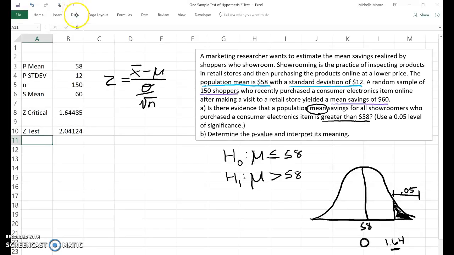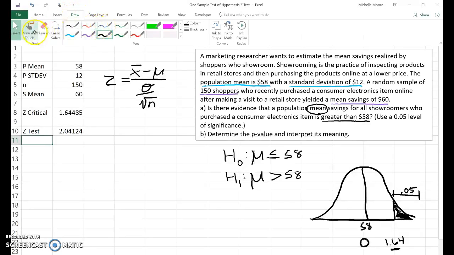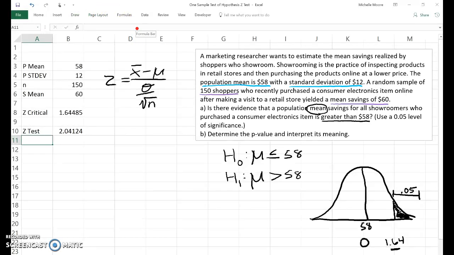If we were going to put that on the curve, let me get a different color here. So 2.04 is somewhere over here. It's to the right side of 1.64, which means we are inside the shaded region. We're in the tail. Because we're greater than 1.64, we are going to reject the null and go with the